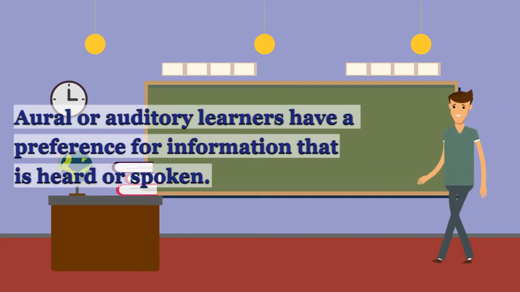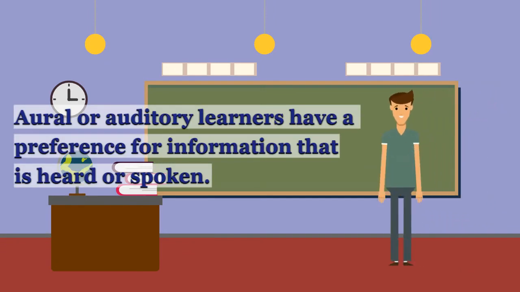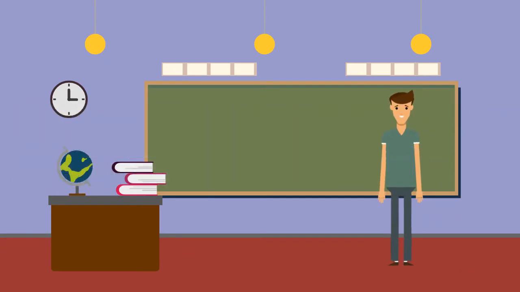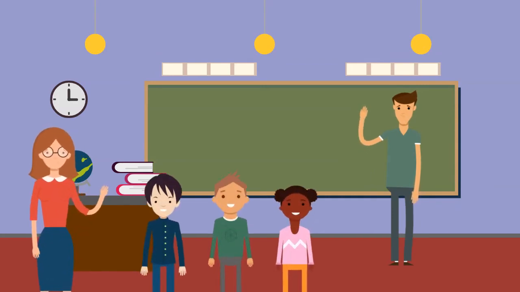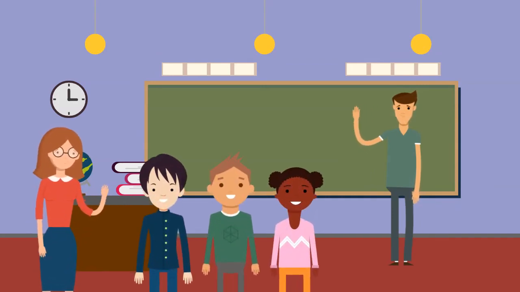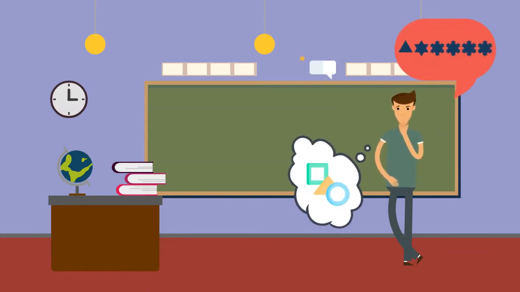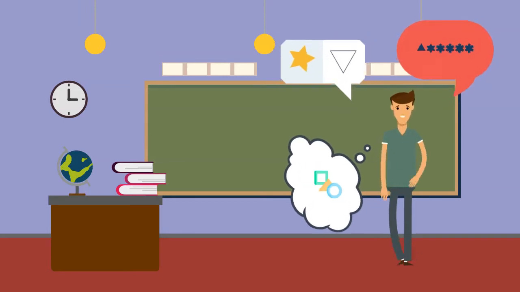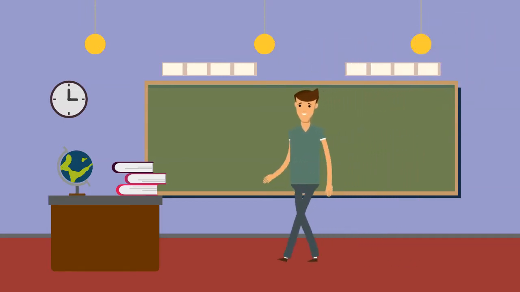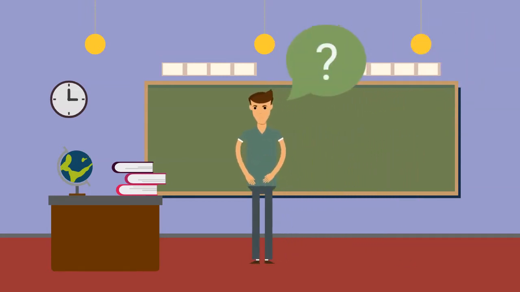Oral or auditory learners have a preference for information that is heard or spoken. Such students learn best from lectures, group discussions, speaking, and talking things through. They find it easier to process information by talking out loud, talking to themselves, or explaining new topics in their own words. You can say that your child has an oral preference if he likes asking lots of questions or